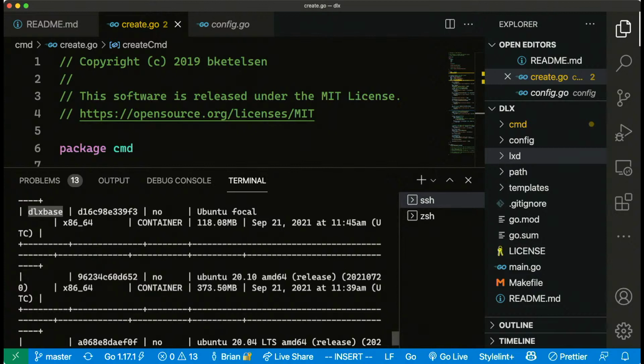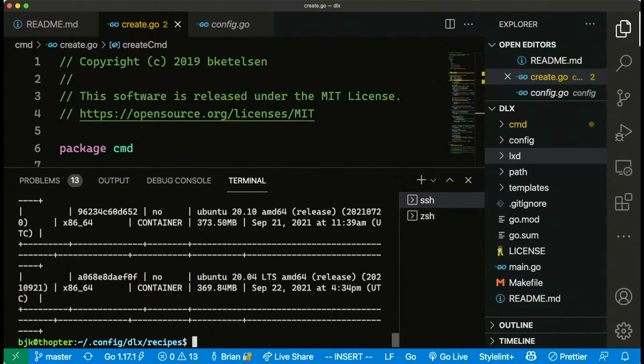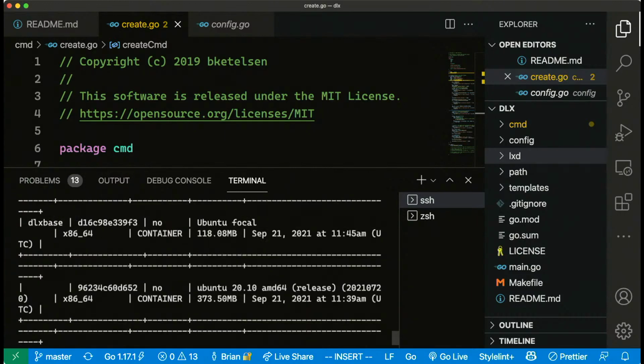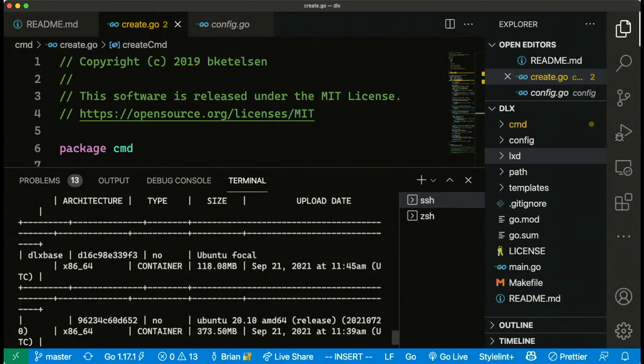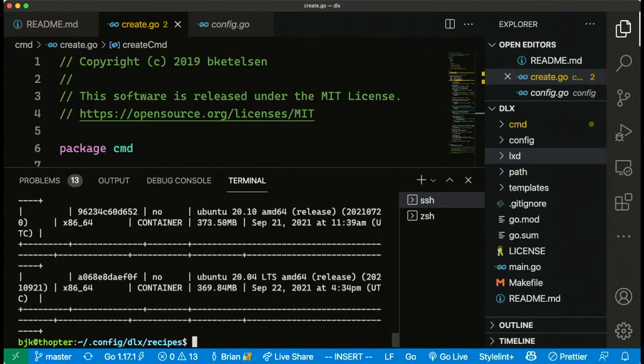So instead of taking the hit at container spin up time, I have a cron job that rebuilds my containers every night and re-uploads them to the LXD server, which happens while I sleep and it doesn't make my container startup slow. So knowing that we have this deluxe base image, we can create a container